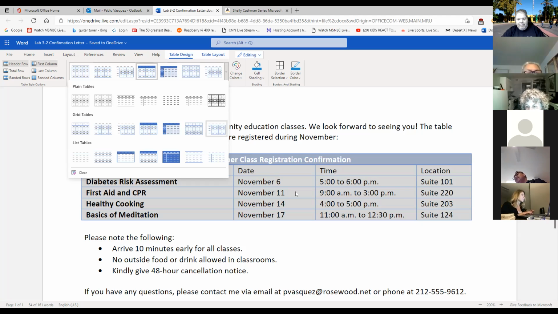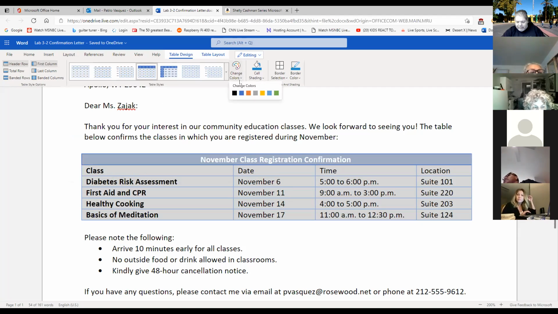You see the table design somewhere. And which table did you say to select, sir? We're selecting the one that says grade 4, ascend 1. Grade table 4, ascend 1 on the grade tables. Thank you. And once we do that, we're going to also change the color because the one that I want,